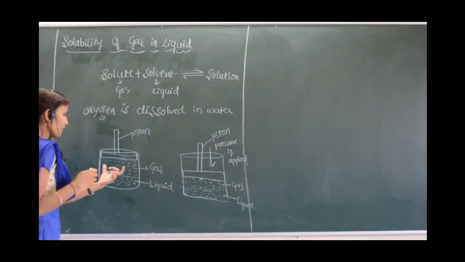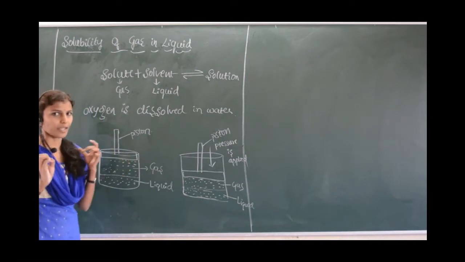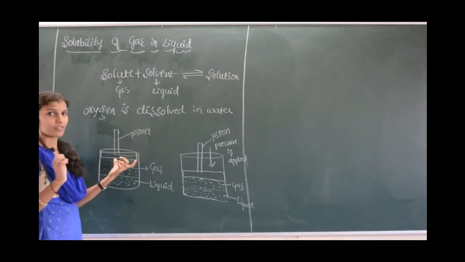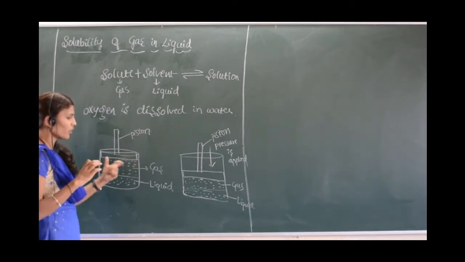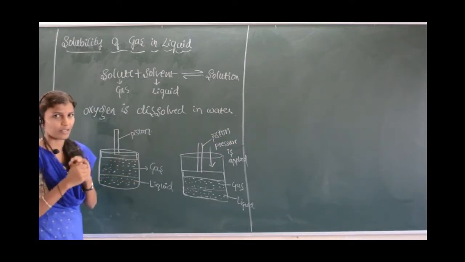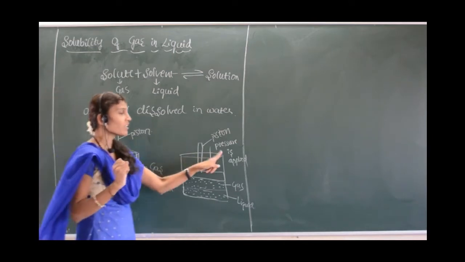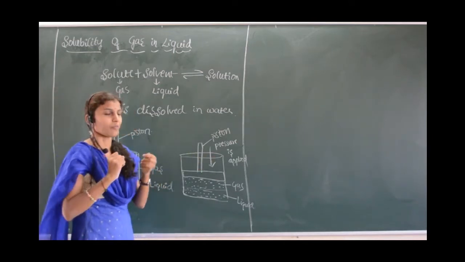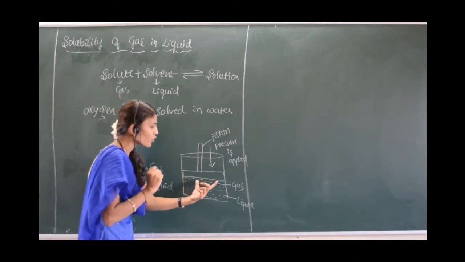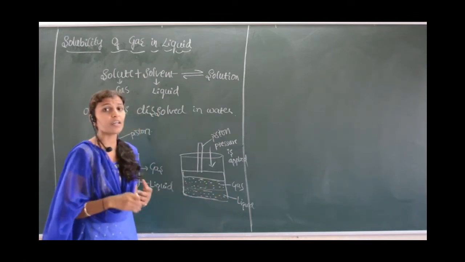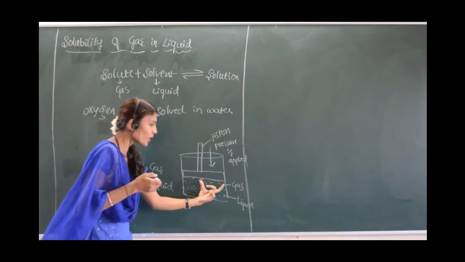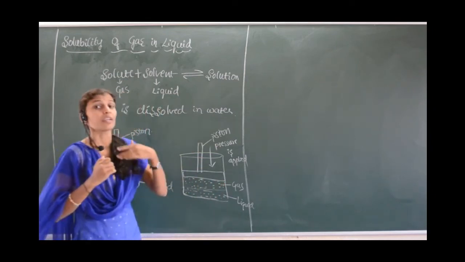See here, we want to dissolve the gas in liquid. Previously it is without any pressure or anything. This solution is in dynamic equilibrium. During that time there is a liquid layer where we want to dissolve the gaseous layer. Now, I am applying the pressure by using the piston. As the piston moves with the pressure, what happens? More amount of the gas gets dissolved in the liquid. So, as the pressure increases, the solubility of gas in the liquid increases.